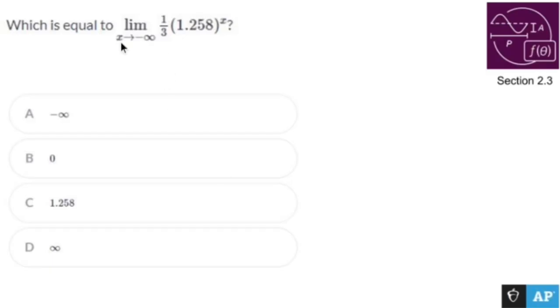The limit as x approaches negative infinity of 1/3 times 1.2 to the x. Oh, okay, so this is what we have. We have ourselves exponential growth. So we have ourselves something in the form a times b to the x. Now, anything that is in that form where I have growth here, where b is greater than 1, is always